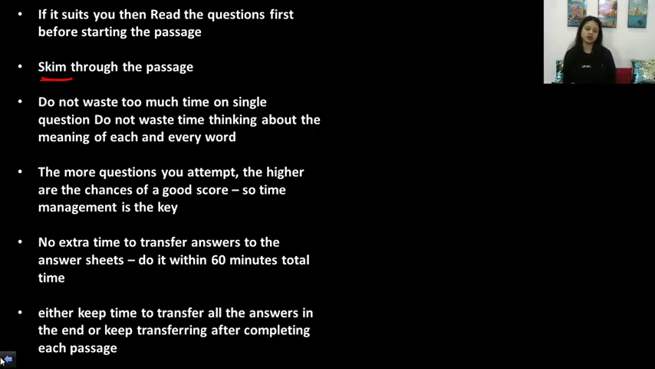Another thing you can do is, instead of waiting till the end, now there are two scenarios. One is when you're completing one passage, you write the final answers in the answer sheet fairly. Next passage, fair answers in the answer sheet. You can do this: after each passage, take 2 minutes, keep writing the answers. Another option is, first complete all the passages, mark all the answers in the question paper, and in the end,